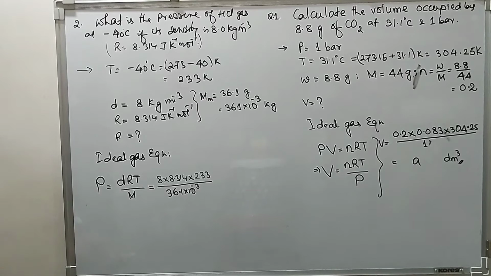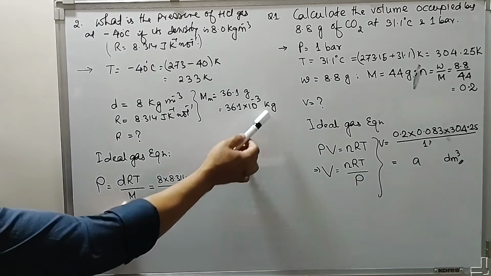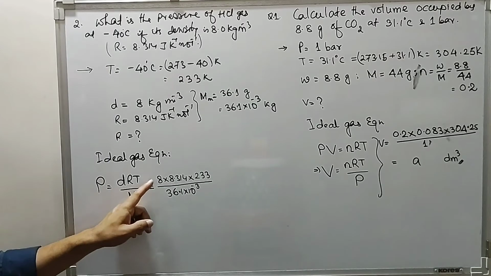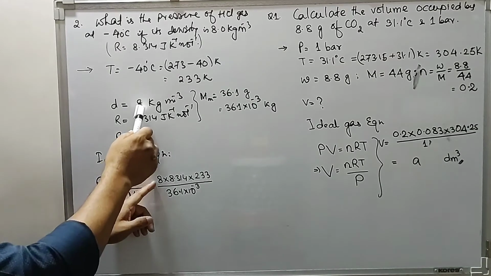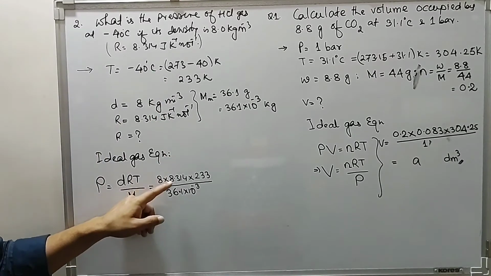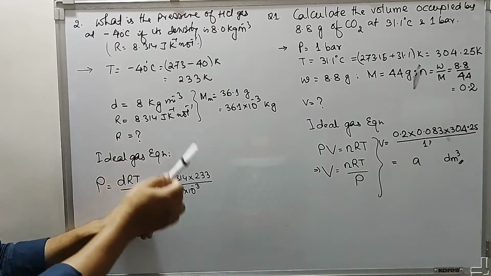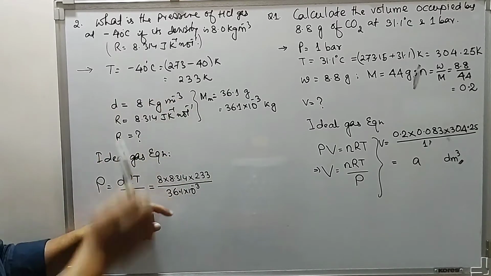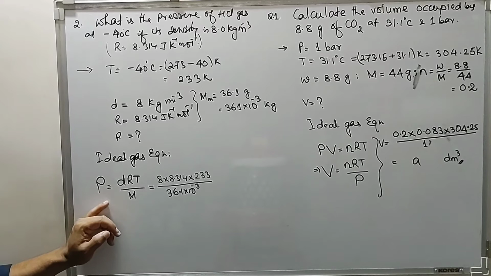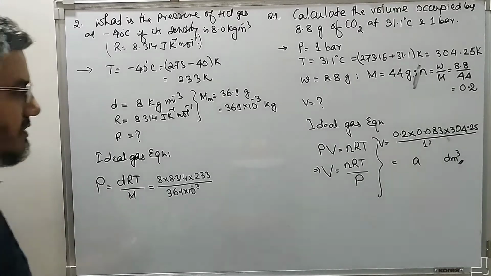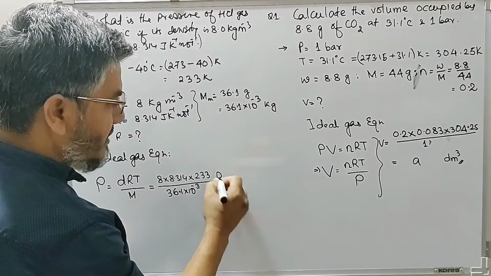Now what should be the unit of pressure? We have to be very careful about the unit of the quantity that we are going to define. Mass is in terms of kilogram, that is standard unit. Density is again kilogram per meter cube, standard unit. R is again standard unit. Temperature, standard unit. Then this pressure must be in terms of standard units. So this will be in terms of Pascal.